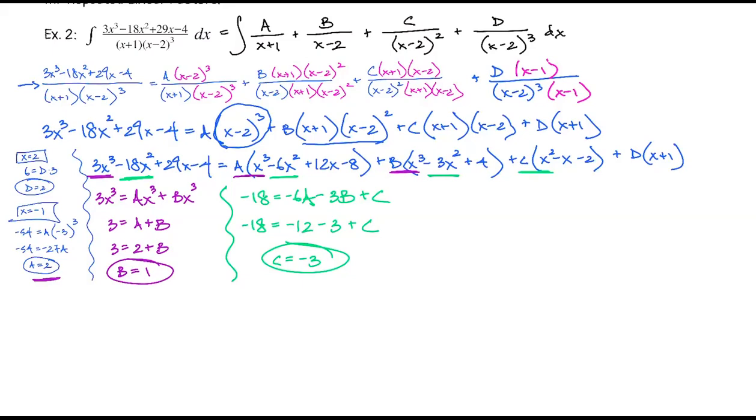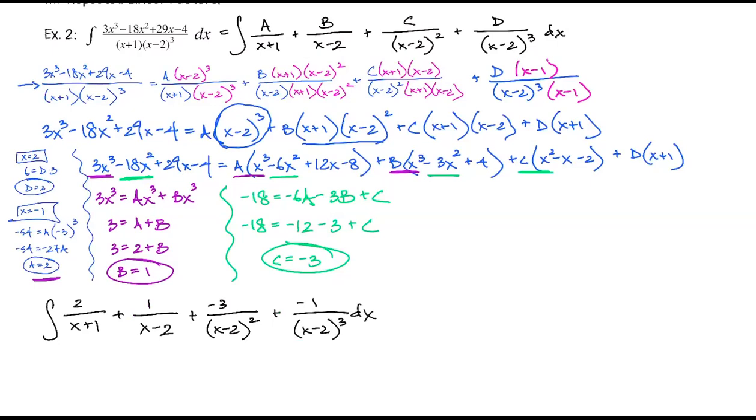All right, now from here, let's go ahead and go back to our integral. So we have the integral of 2 over x plus 1 dx plus 1 over x minus 2 plus negative 3 over x minus 2 squared plus negative 1 over x minus 2 cubed dx. Now, when we do that,